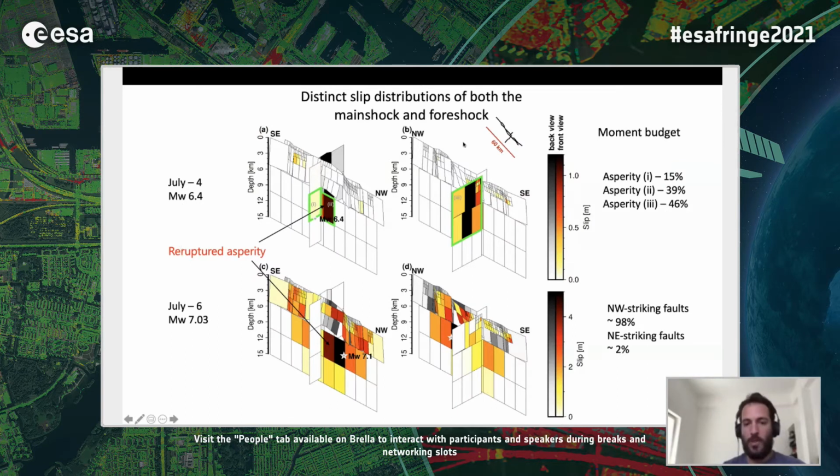We end up with the following slip model, where in the lower panel we can see the slip model of the main shock, and in the upper panels we can see the slip model of the foreshock, where on the left we're looking at the fault from north to south, and on the right we're looking at the fault from south to north. Not surprisingly, as I said, in the main shock we resolved that